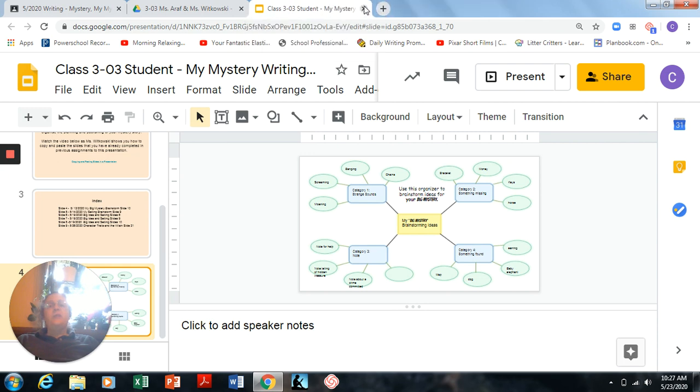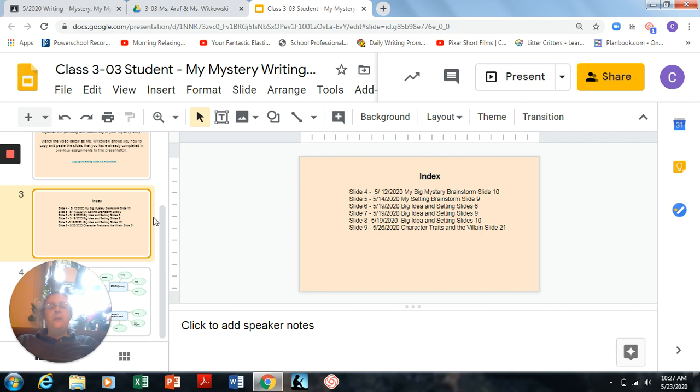I'm going to close that one down so I don't get confused. I'm going to go back to index, slide 3, find out the next slide I want to do. So I just did this one. Let me go back and look. I need my setting brainstorming slides, and I need slide 9, and the date is